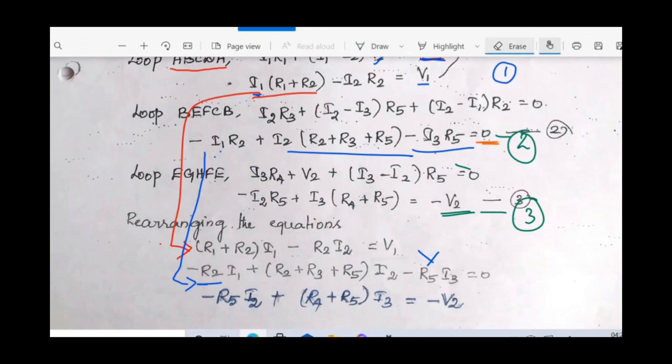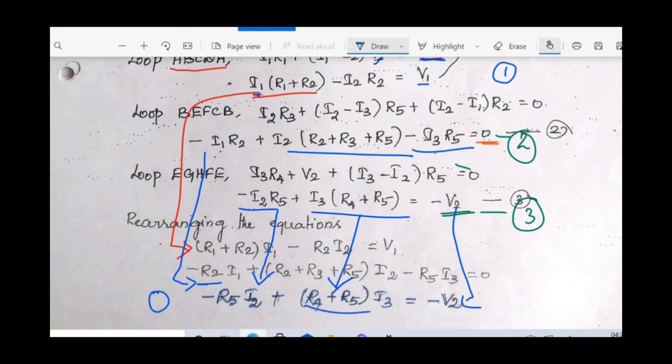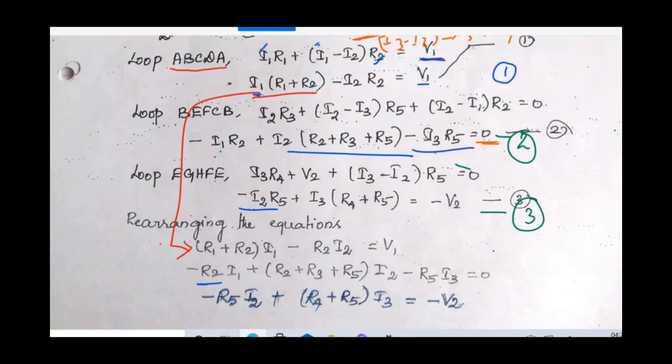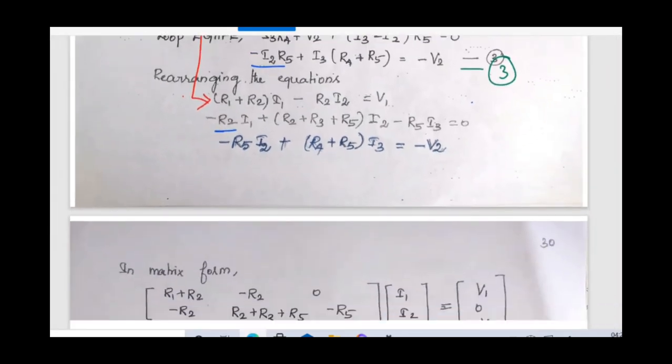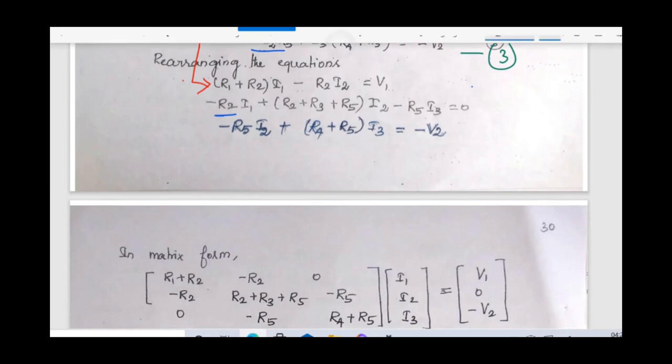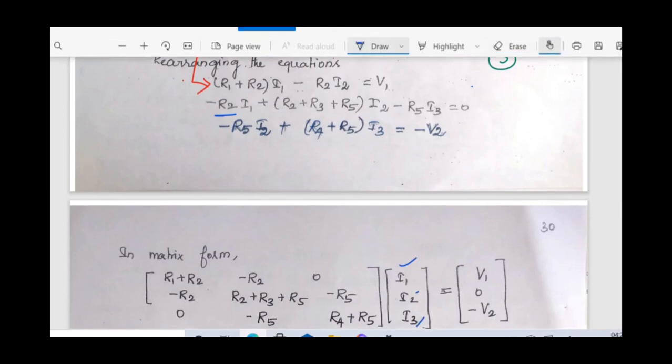Then consider equation 3. According to equation 3, minus V2. There is no I1, so 0 I1, but I2 has minus R5, and I3 has (R4 plus R5). Accordingly, we can rearrange the 3 equations. Now we can write it in matrix form. So according to this, in matrix form, the column of I1, I2, I3 equals...